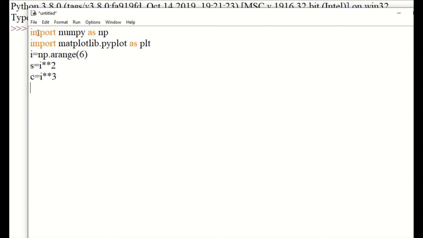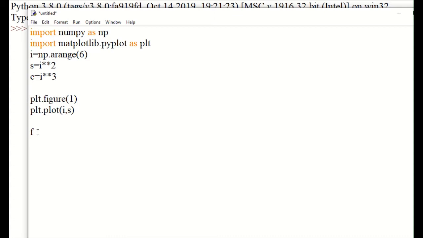The first idea is this. We will generate a figure 1. Okay, the number is optional. It automatically adds a number to the figure, but let me use figure 1. plt.plot(i, s). Okay, now I'm going to add some title in order to distinguish. Let it be, that's enough. And figure 2, I made a mistake. I have to use